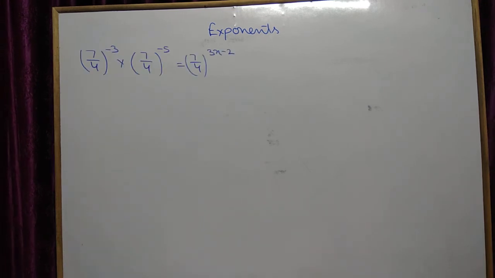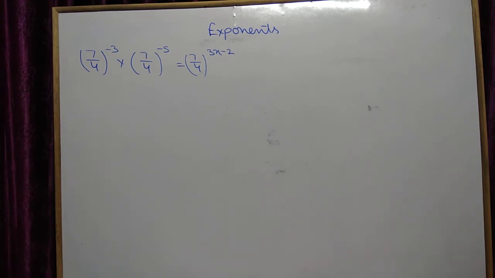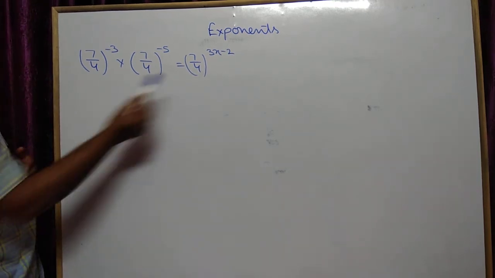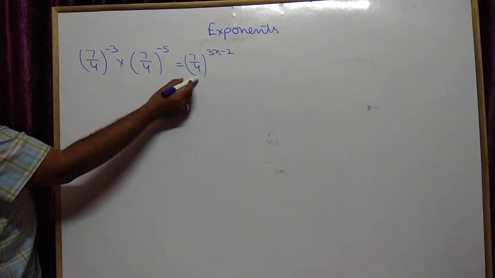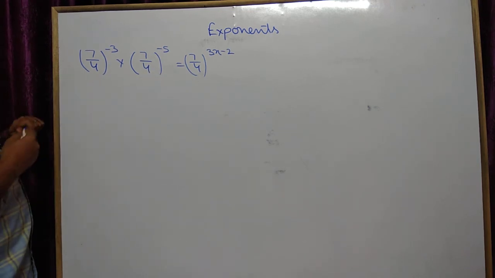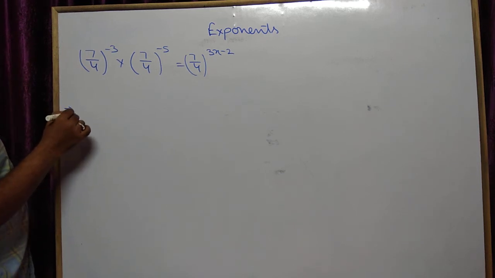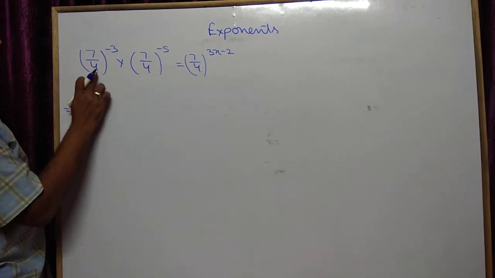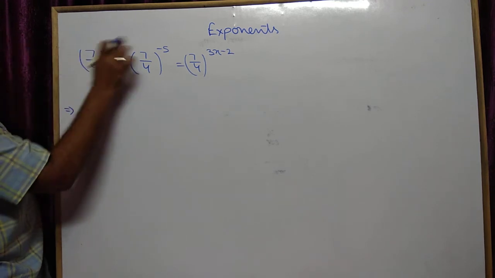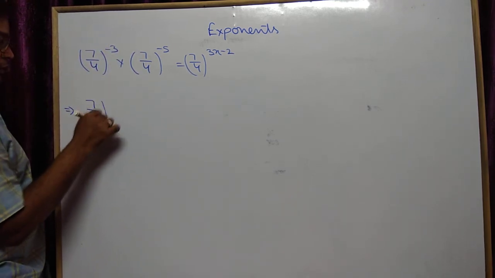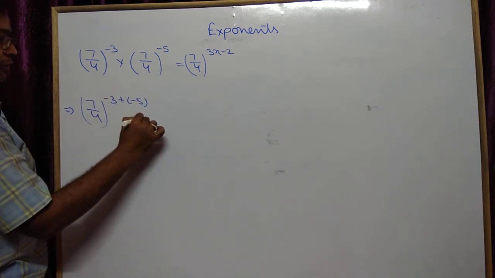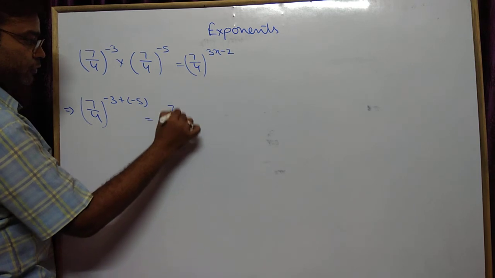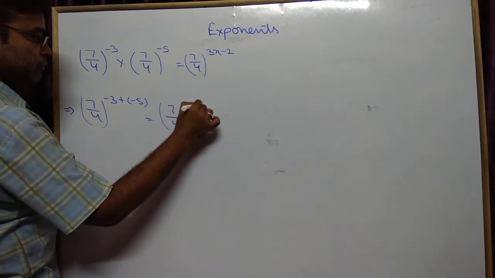Now see this question. In this question, we have to find the value of x. We have a given expression and we have to find the value of x. For this, we check whether the bases are the same or not. Yes, the bases are the same. So from the laws of exponents, we have the same multiply sign, bases multiplied with different powers. So 7 upon 4 whole to the power, we add the powers, equals 7 upon 4 whole to the power 3x minus 2.